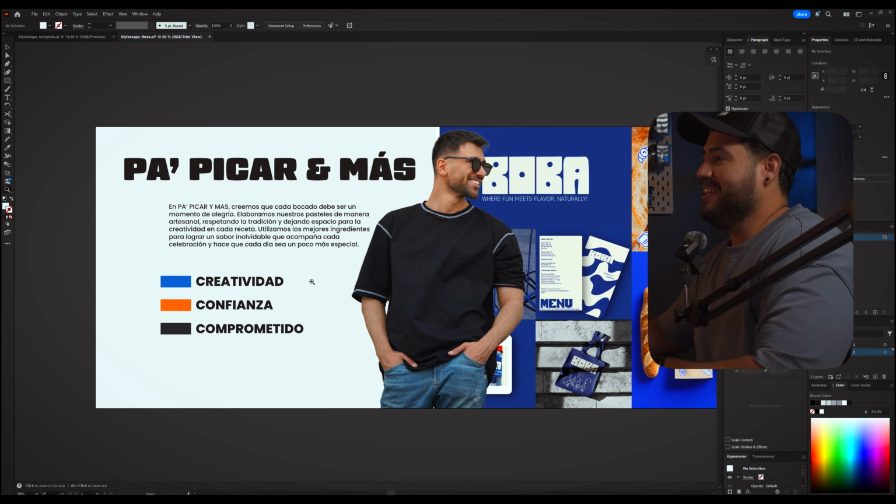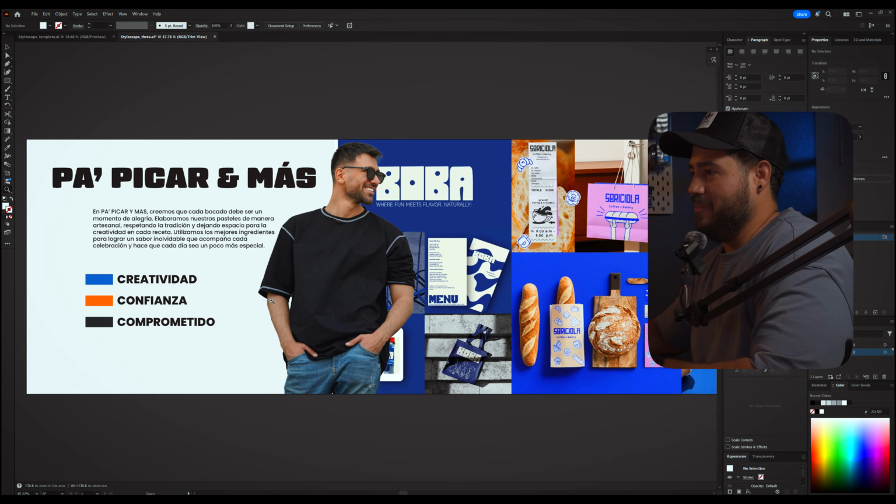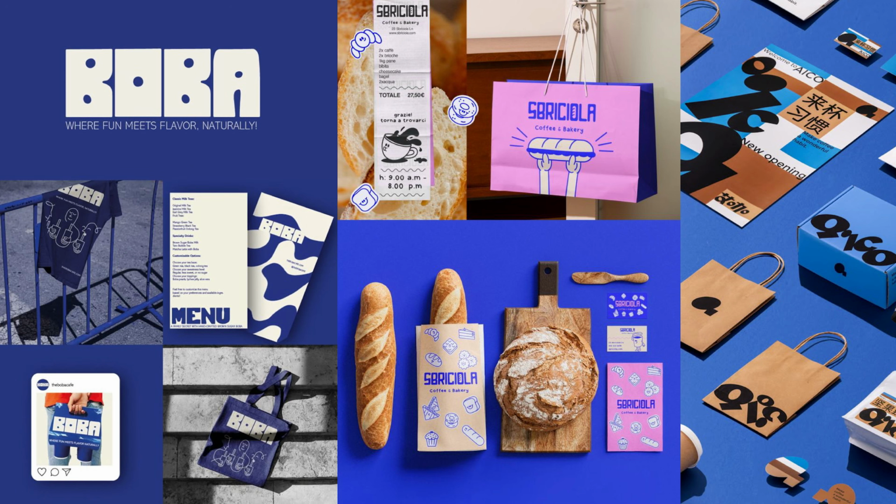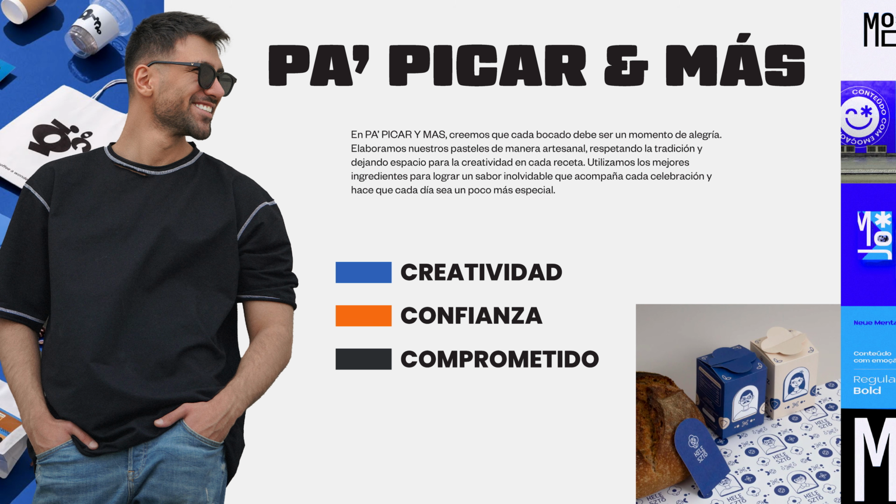All right, so this is the stylescape that I put together, or reassembled again, focusing a lot on typography, these illustrations, heavily on the blue, and these really cool images of how we could stack her pastries and make really cool photography with that. And what I added, even though when she contacted me she didn't want a website,